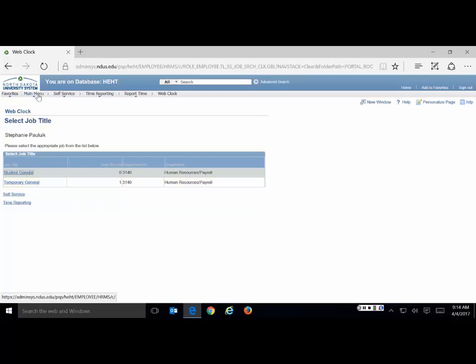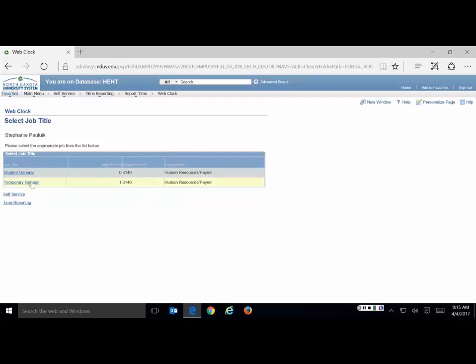So you could certainly, again, if you have your temporary employees that may have more than one job for NDSU as a whole, more than one temporary job, you could have them navigate to this screen, save it as a favorite, this add to favorites button up at the top here, and then once they would add that to their favorites, the next time they log in, they would be able to go to their favorites, and then the web clock option, it would bring them directly to the screen, so they wouldn't have to navigate to it every single time. So that's the web clock option for going through the navigation so that the department name is visible for